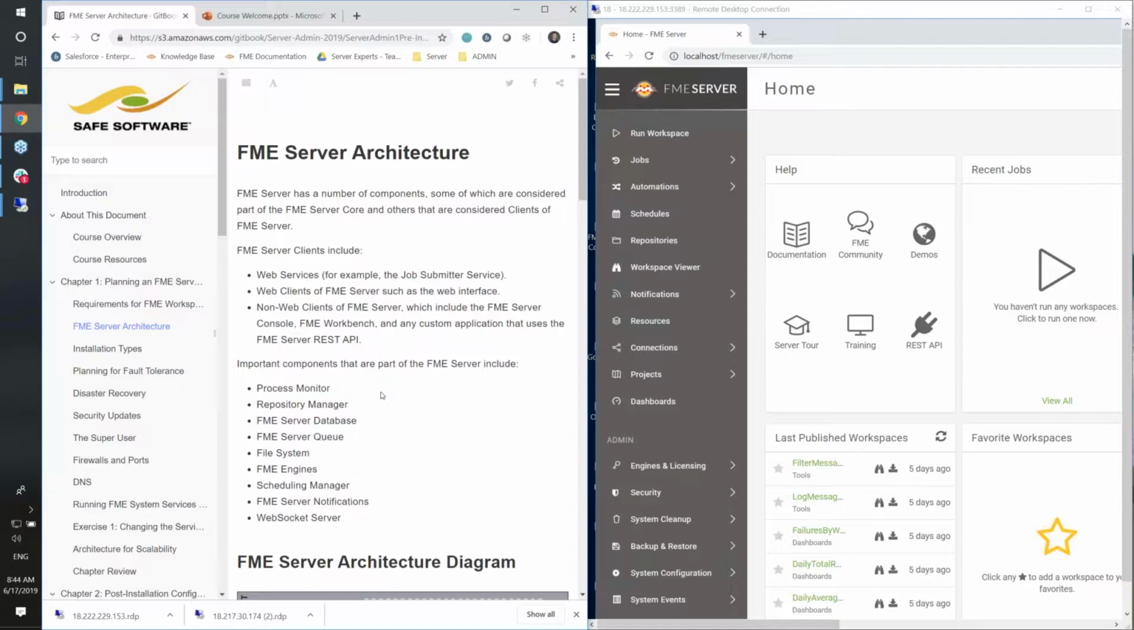It's the FME server architecture, where you can basically split things into a client side and then the server side. On the client side of things, you have different services that can connect to FME server. So you have your web services. This can be something like the FME job submitter, where you just want to send off a job. You have the web clients,